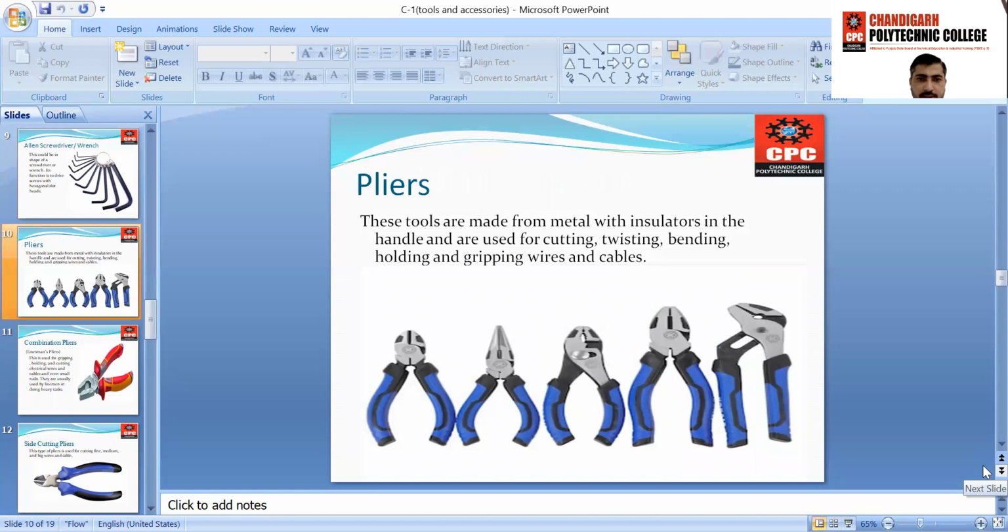And the next tool is pliers. These tools are made from metal with insulators in the handle and are used for cutting, twisting, bending, holding, and gripping wires and cables.